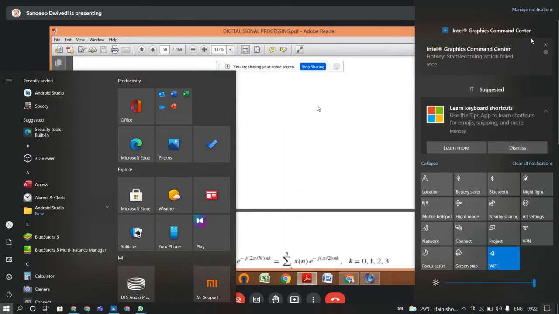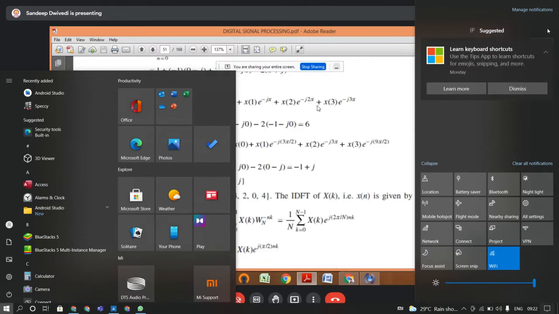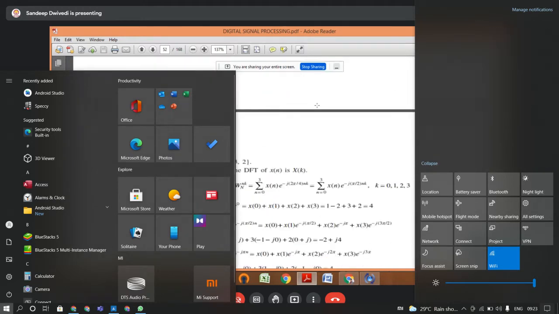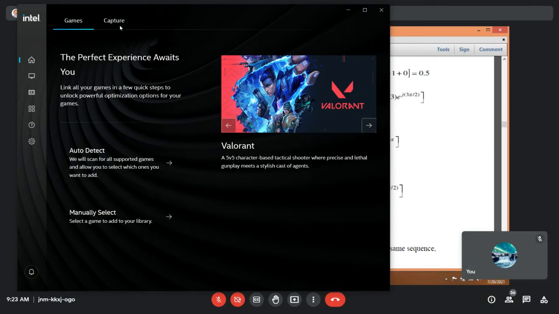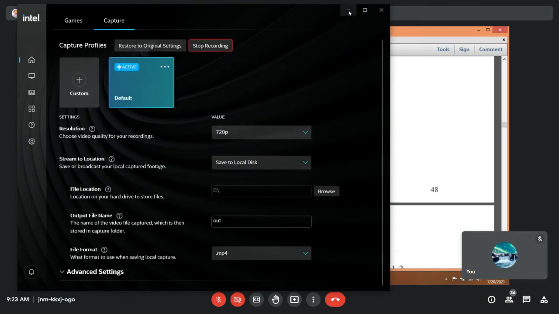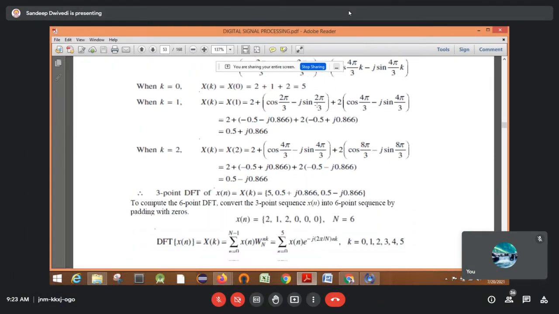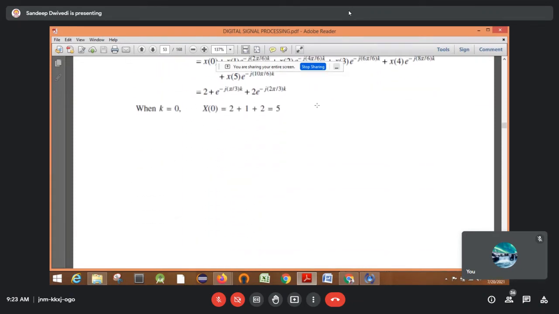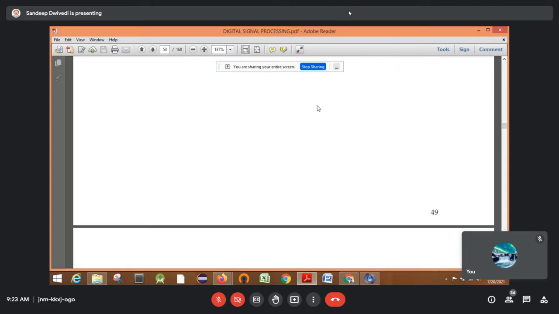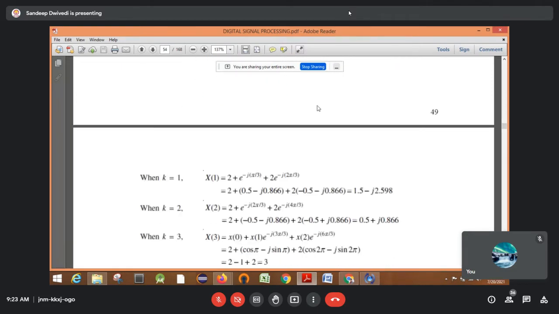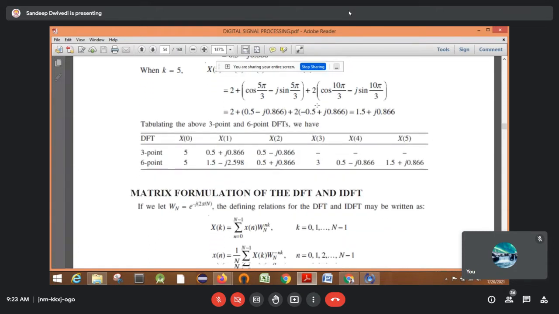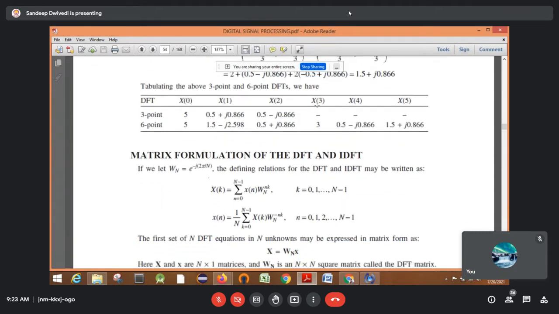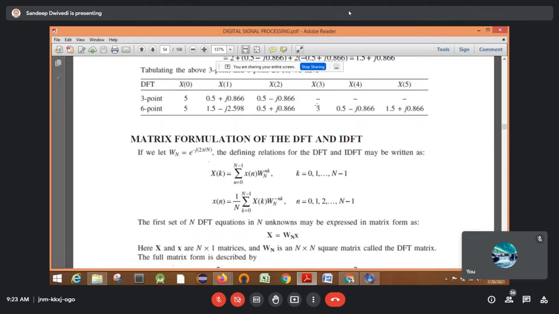Solving this DFT will be quite easier by using the matrix form. So how you can write the thing in a matrix form, that we will see. In your exam, probably you will get the 4-point DFT question, to find out the 4-point DFT. Maximum chances are there you will get the question to find out the 4-point DFT. They will not ask you 2-point and even 8-point also. If they are asking for 8 points, that will be a 10 marks question.